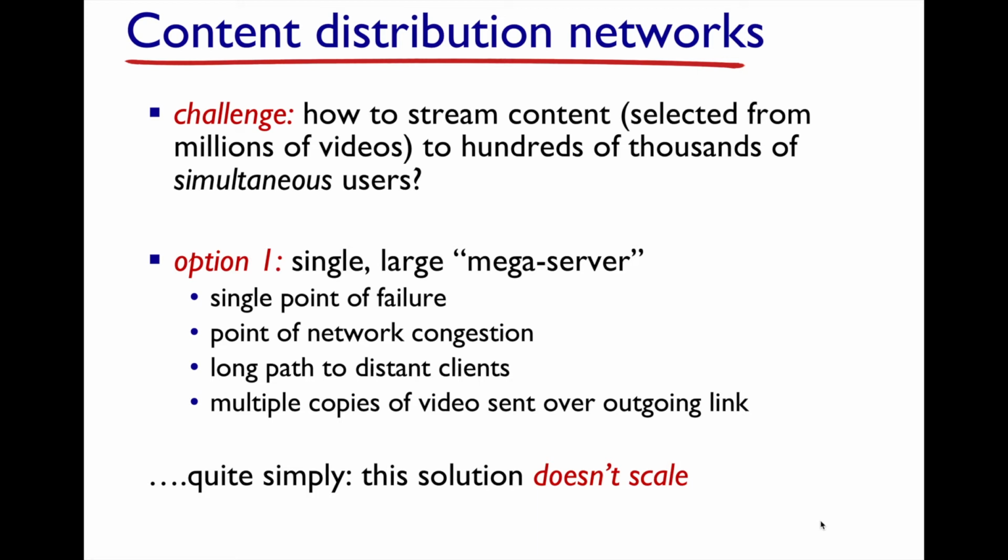so you have multiple copies of a video going out over an outgoing link, right? So that's another issue. If you have a blockbuster movie with a single server, many people are going to watch it because it's a blockbuster movie. And so that trunk line over which that data goes from the data center, you're going to have a lot of copies of the same video, which kind of doesn't make sense, right?